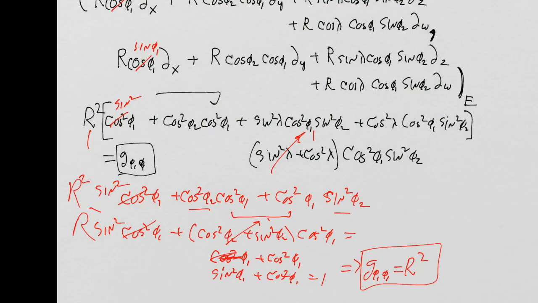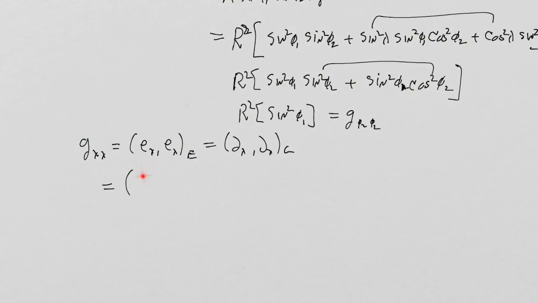So it'll be r cosine lambda, sine phi 1, sine phi 2, minus r sine lambda, sine phi 1, sine phi 2,